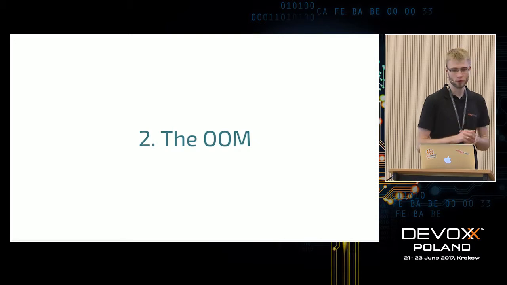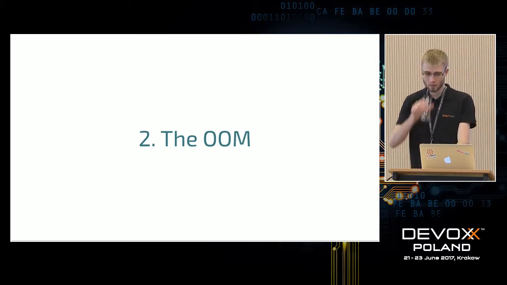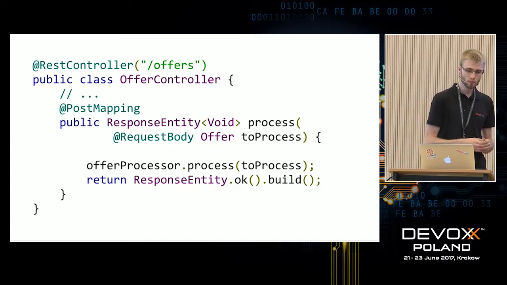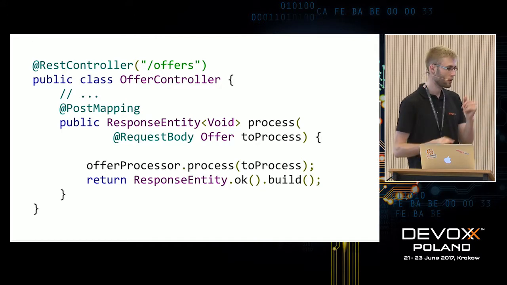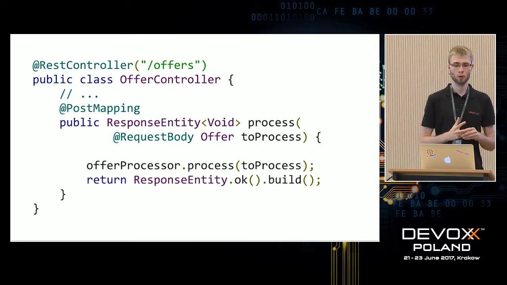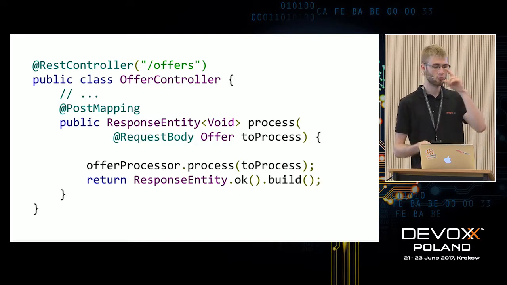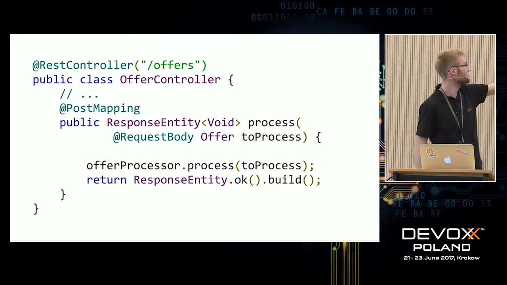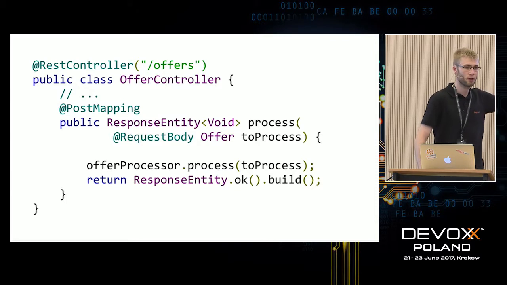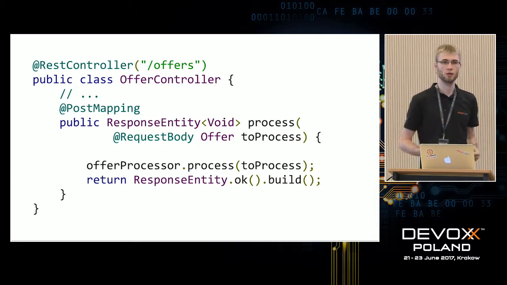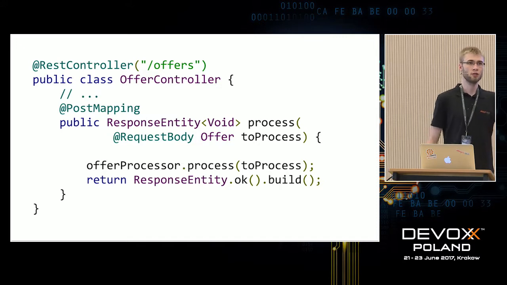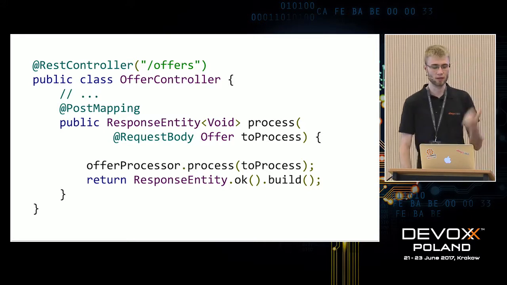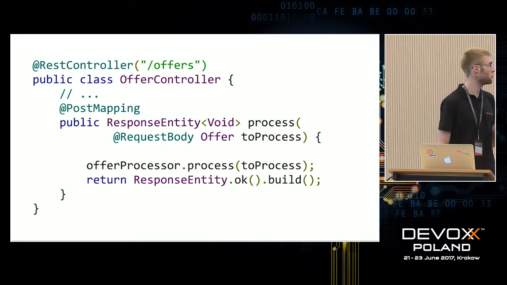Okay, the second thing I want to talk about, async. Let's go back to our controller, and this is how it looks right now. There is an optimization that we can do here. Right now we have our offer, we process it, and only after this processing is finished do we respond to our caller that we processed the offer. If the caller is interested in knowing whether we managed to process this offer, then it makes sense, because he gets a response of 100 and knows that it was indeed processed.